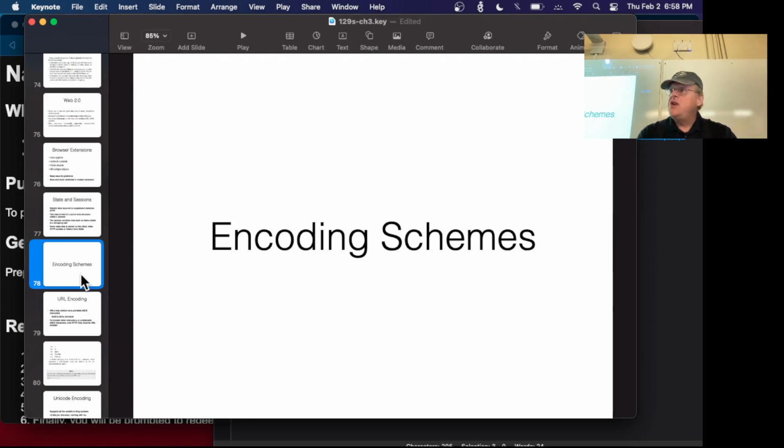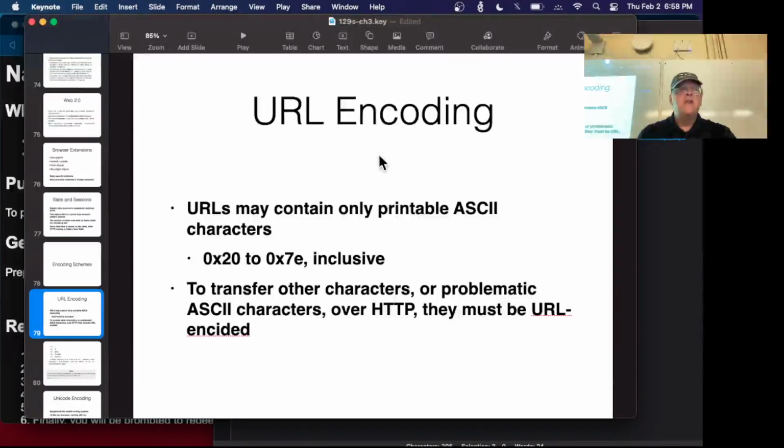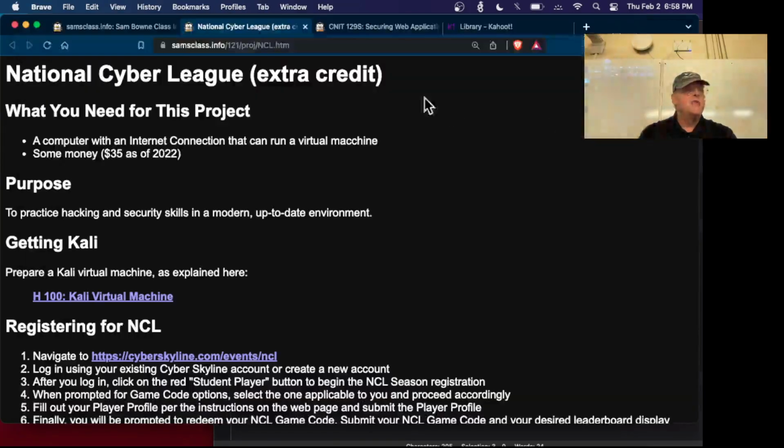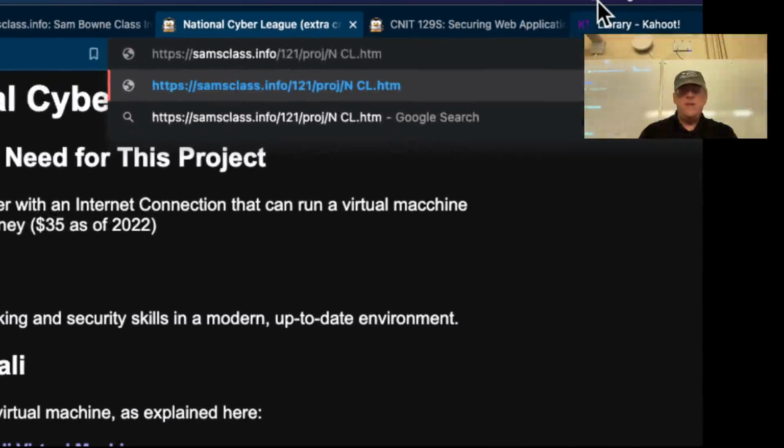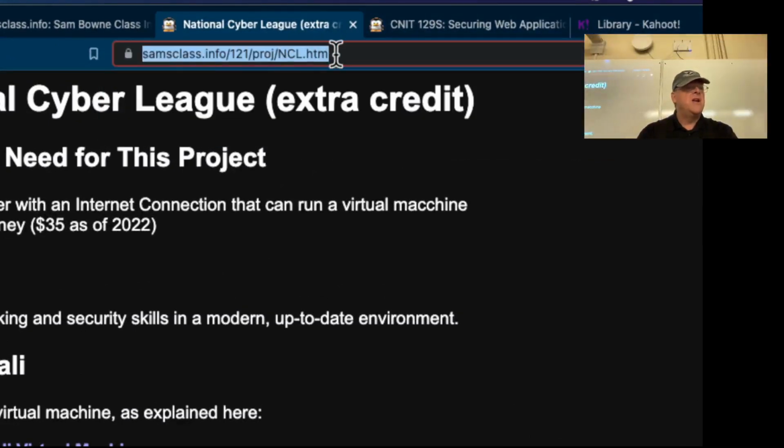So then we talked about encoding schemes. We talked about it briefly. So this is the main one you do, and let me just demonstrate this. This is pretty interesting. If you go to a browser, up here I have NCL. If I put a space in NCL, N space CL up there, I zoom in, and then I press enter. Oh, it didn't stay. All right,